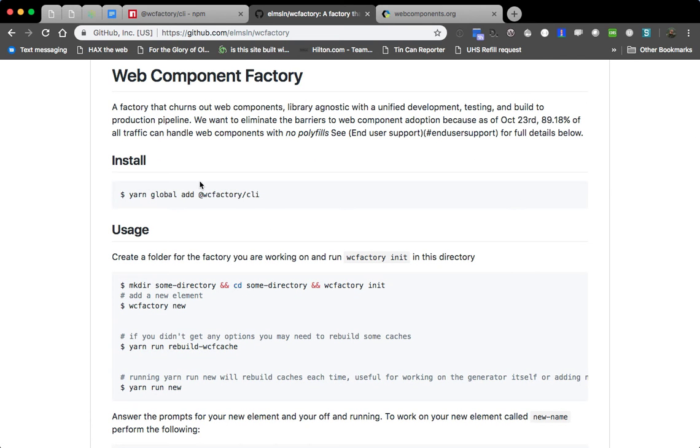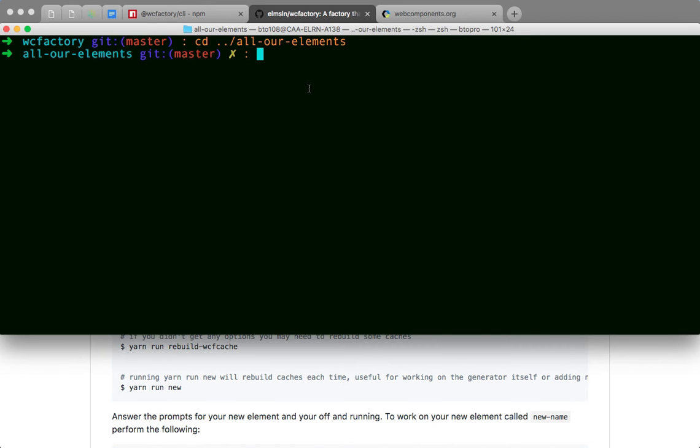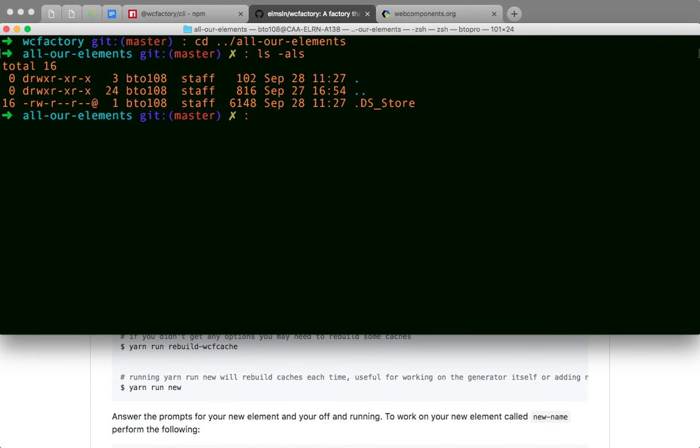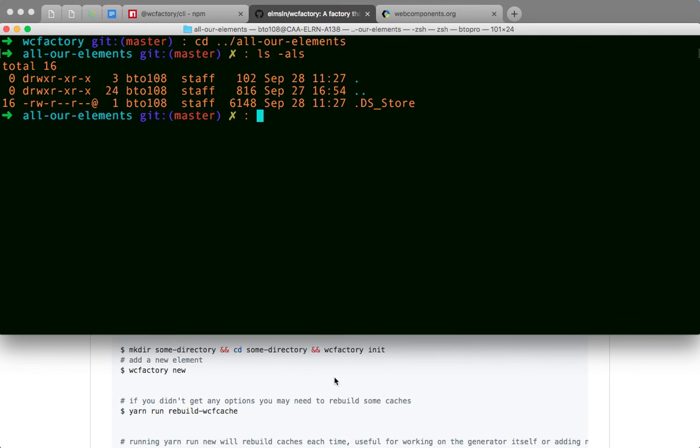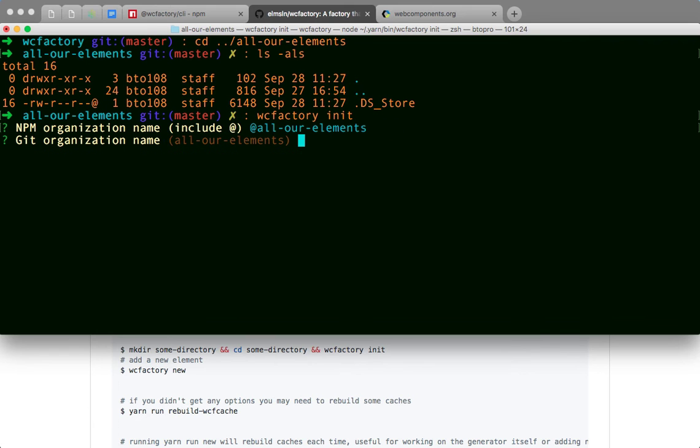So I've already installed it globally, and I made a directory called all of our elements, so to prove there's nothing there. Okay, so then just from reading the little docs here, it says go into that directory and then run WCFactory init. So I've got it installed globally. Then you'll see it says, hey, I need an NPM organization name. For the purposes of this, I'm just going to call it @allarelements, a Git or GitHub organization name, do the same, and then a name for this repo,